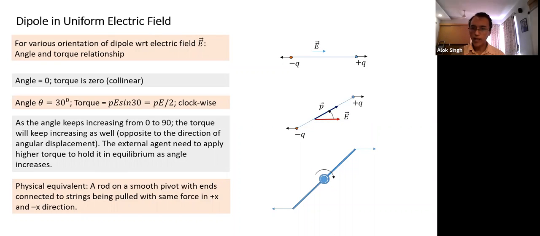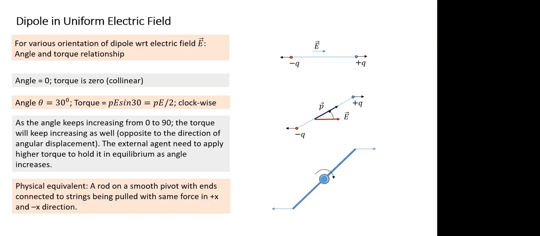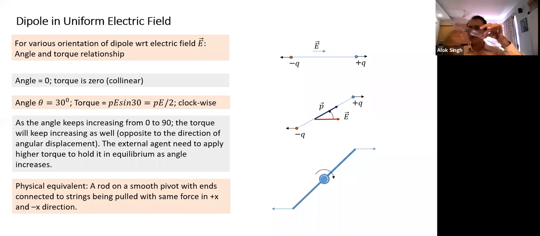As this angle is more, the torque is more. This force here is constant, the angle is constant. So how do we create a constant force? You tie a string to a rod. Suppose I have a scale here. I put a pivot here and tie a string here. This string I pull with a constant force. This string also I pull with constant force. But here the force is not constant, right? In a different orientation, the effect of the pull will be different. That's the physical equivalent of a dipole placed in an electric field.